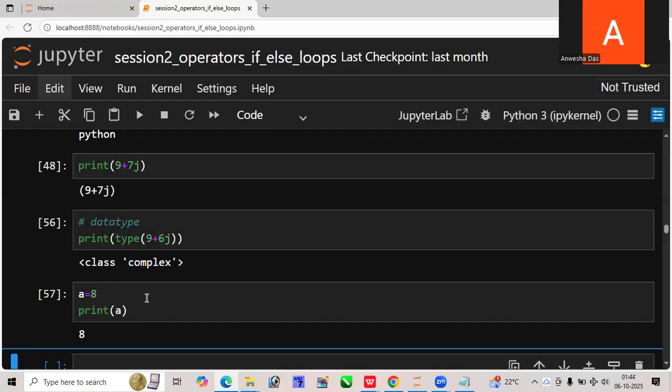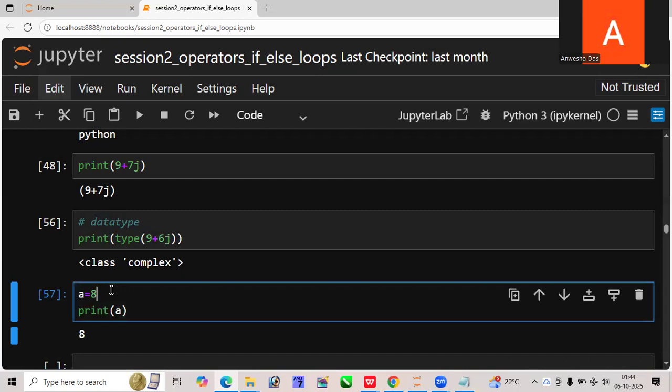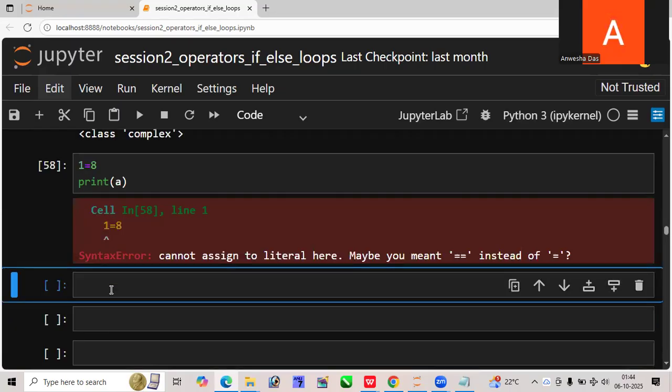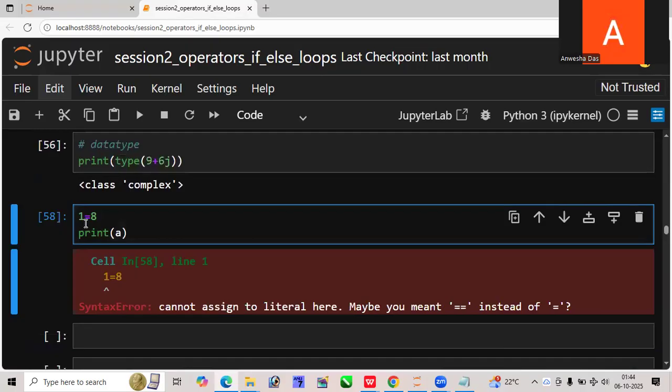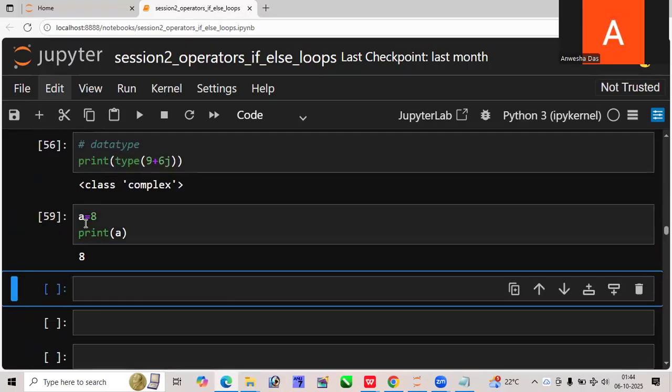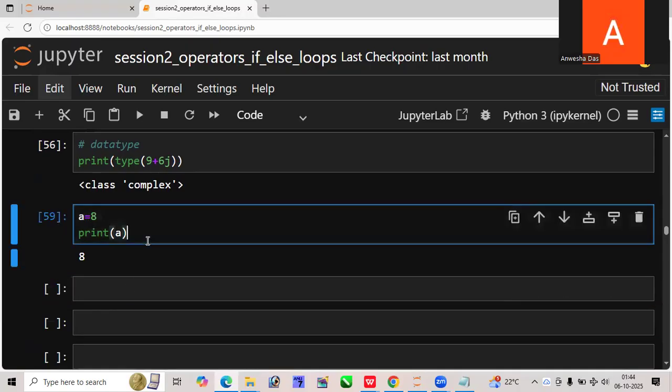Because inside A, I have stored 8. Now, here I'll write 1 equal to 8. What did I get? Error. So A is the identifier. When I tell you that A is the identifier,